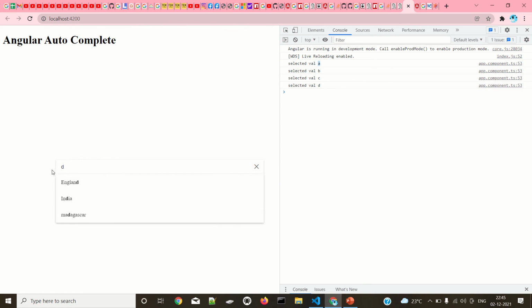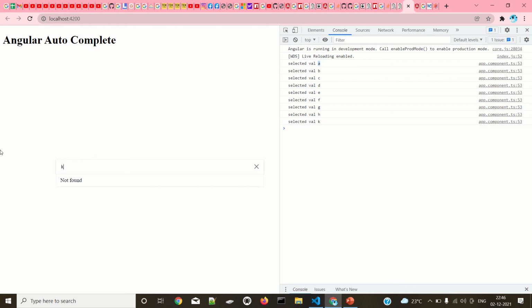D, E, F, G. Like this, if I press H, it will say not found, which means the letter H is not present in any item. If I press K, that is also not present. L, yes, I have two countries. If I press some random letters, I can see the country, and if I press some others, it will not be present.